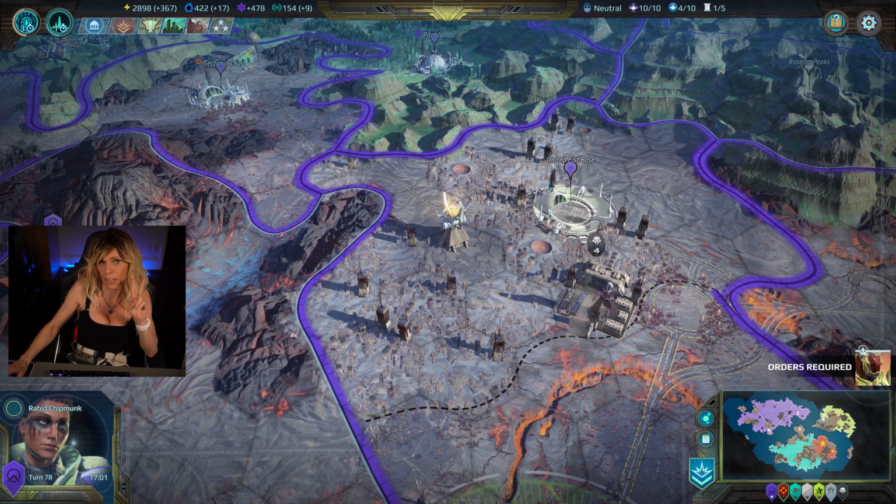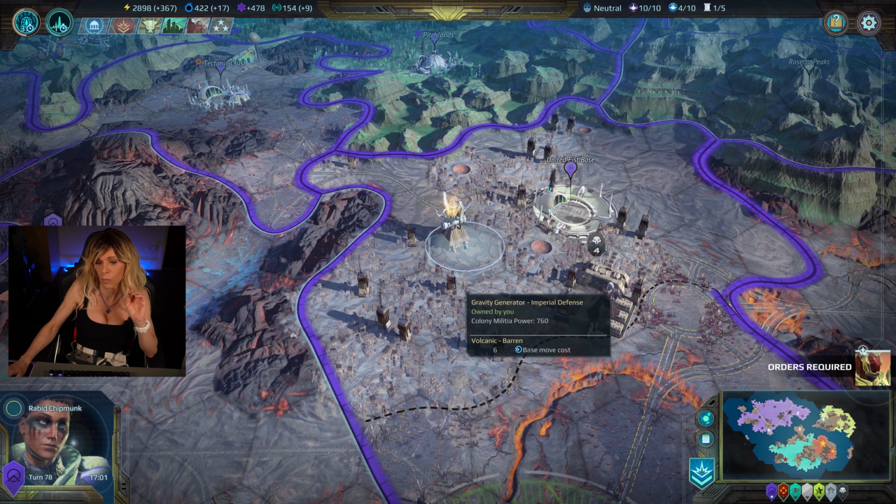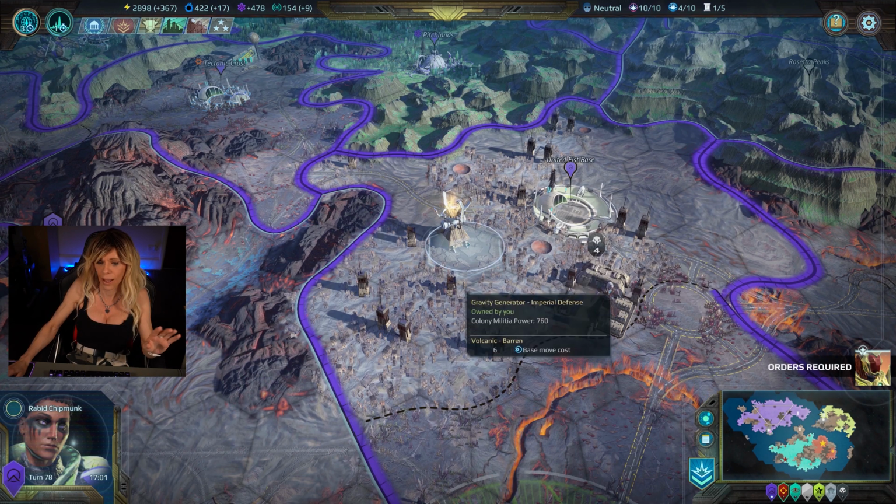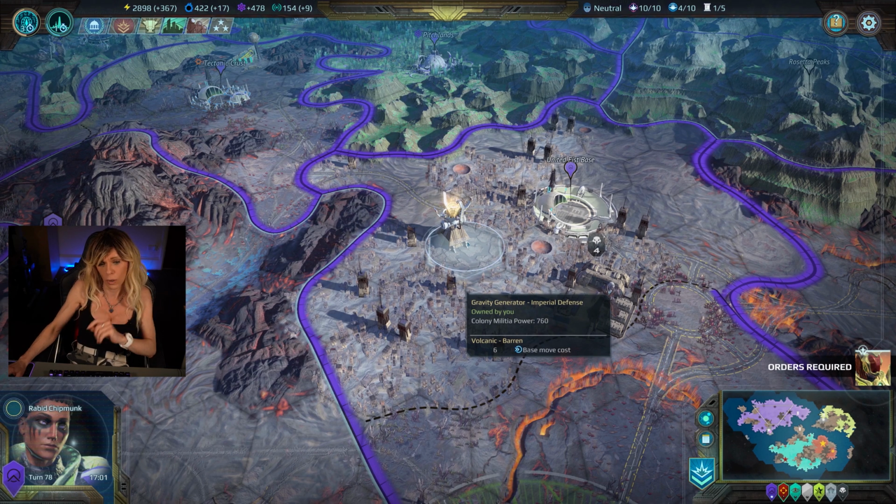And what I mean by that is it does 2 things. The first thing is it will create a militia with the same power as your sector base. So you can see you now have an extra militia there for the same power of 760. What it will then also do,